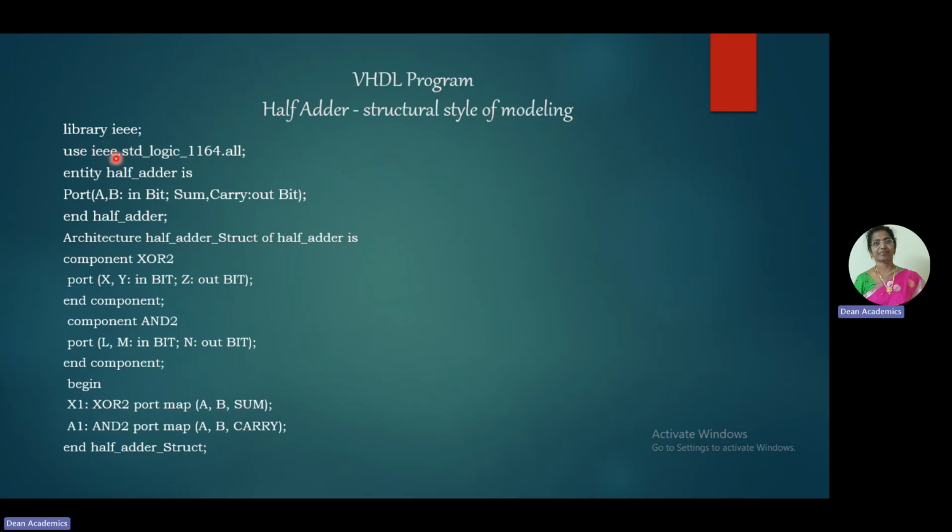These two lines, library declaration, library IEEE, use IEEE dot standard logic 1164.all, and entity declaration, entity half adder is port A, comma B in bit type data, sum and carry out bit type data, end half adder. Then architecture half adder structural style of modeling, half adder is component declaration and a component XR2 and the ports of this component are X, comma Y in bit type data, Z out bit type data, and end that component